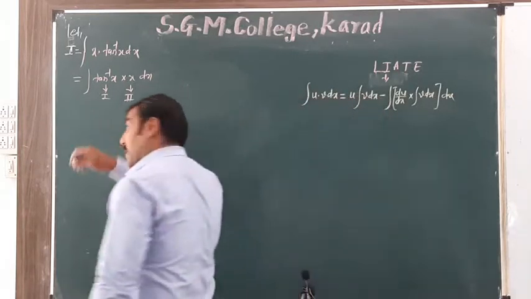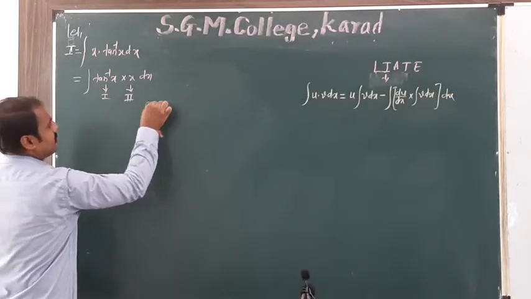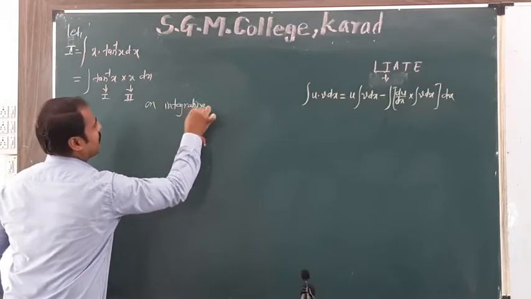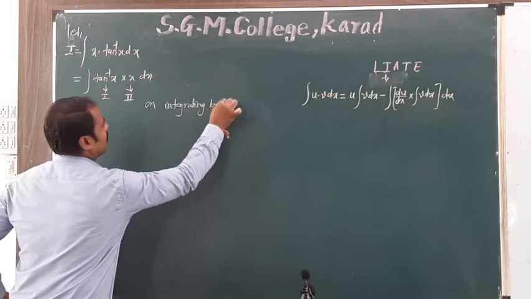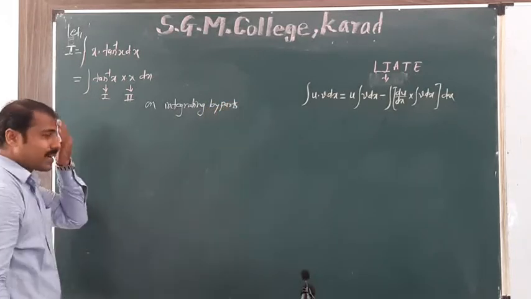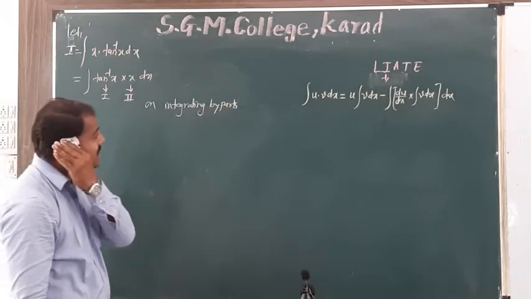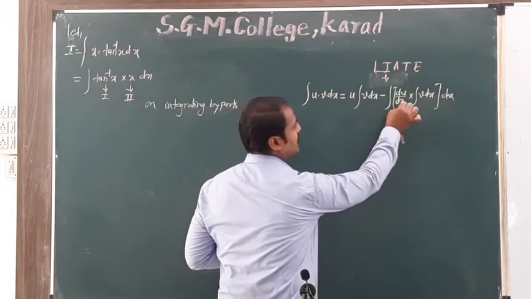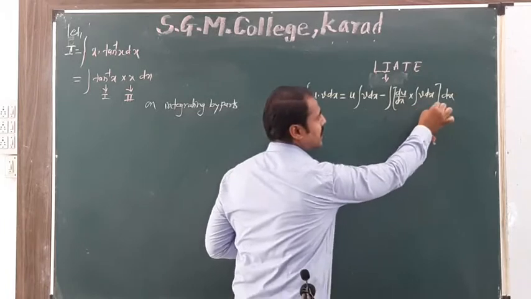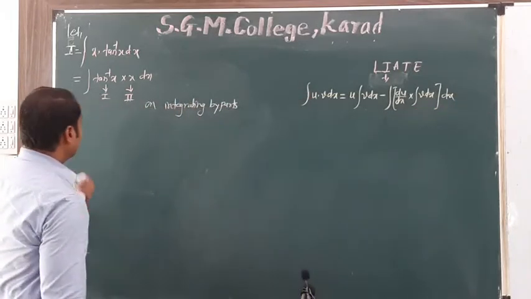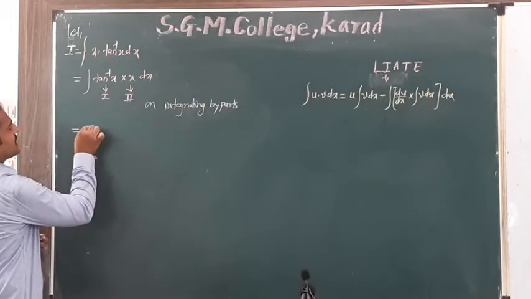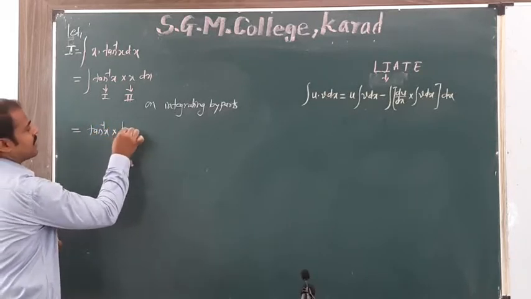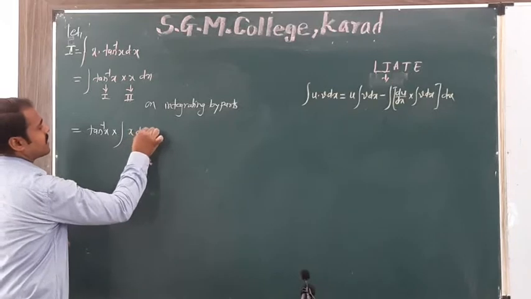On integrating by parts, what is the formula for integration by parts? First as it is into integration of second, minus, inside the integration, derivative of first into integration of second. Which is equal to first as it is. First means tan inverse x as it is into integration of second function, that is integration of x dx, minus